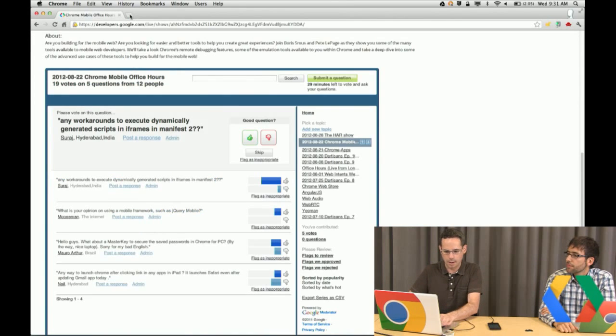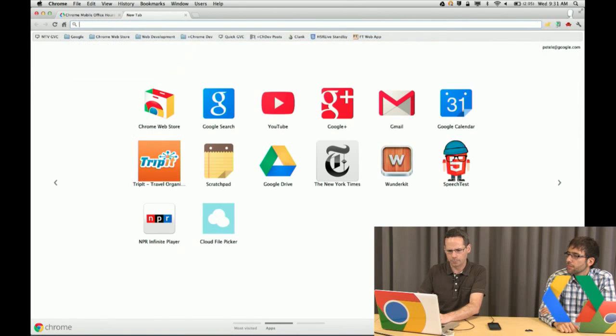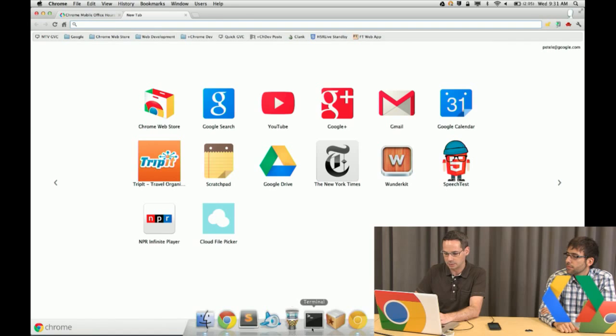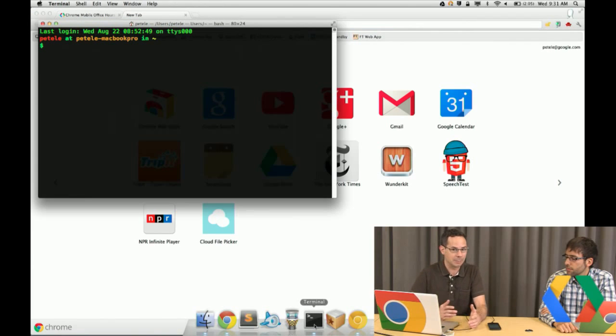Now, before you do this, you need to have ADB installed. ADB is the Android debugger, and it allows you to do some port forwarding and things like that. Once you've got ADB installed, which is a pretty easy process to step through,